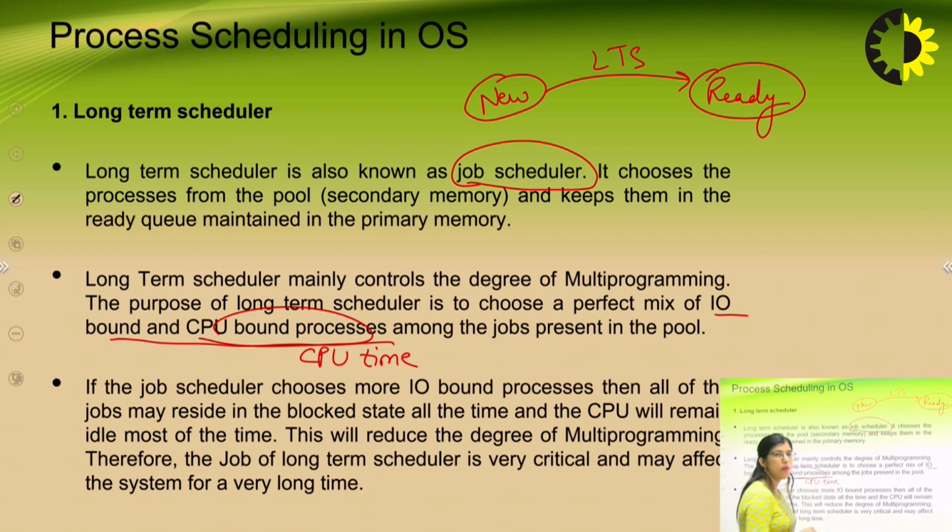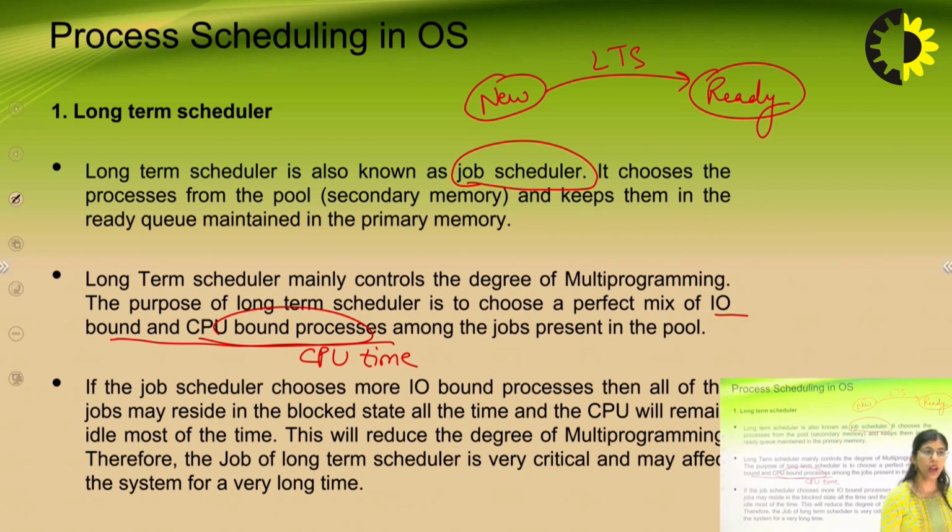How much time a particular process needs the CPU is known as the CPU time, and the processes having a larger CPU time are known as CPU-bound processes. Similarly, if the process has some IO request, then the time for which the IO device is needed by this process is known as IO time, and the processes having a larger IO time are known as IO-bound